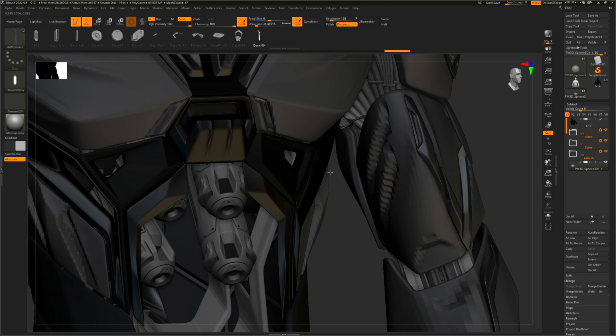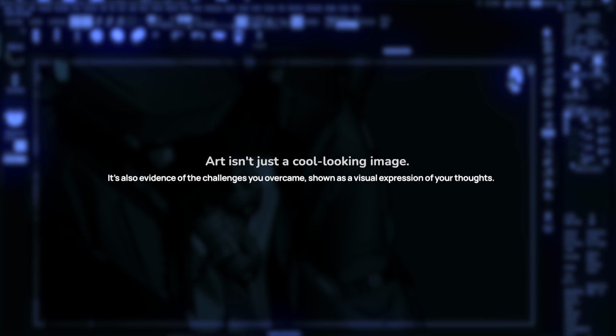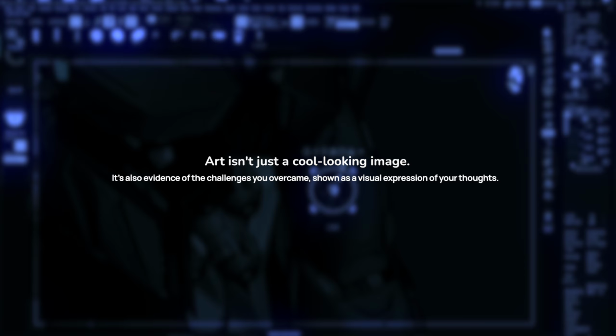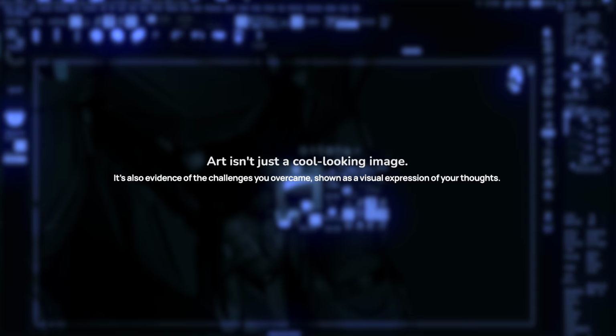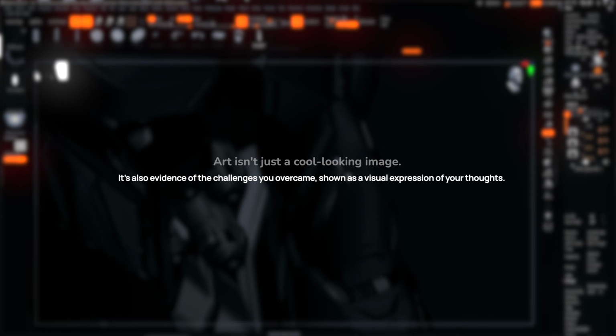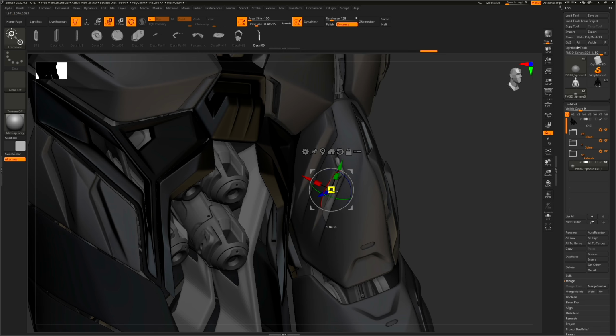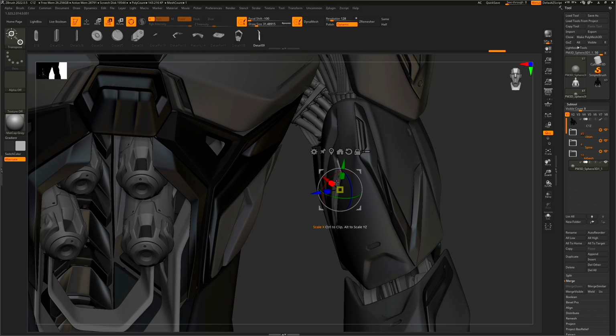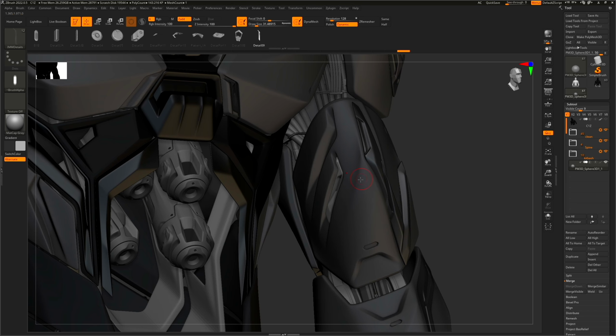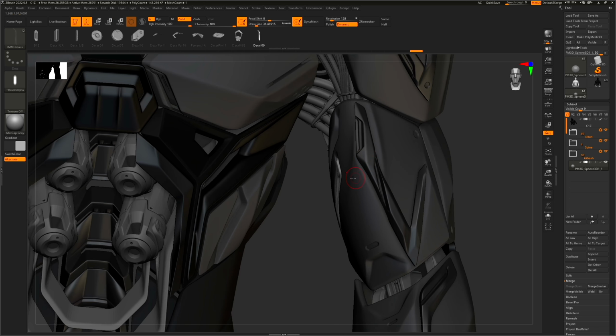And what I'm trying to say here is this: art is not just a cool looking image. It's actually also evidence of the challenges you overcame, shown as a visual expression of your thoughts. And that means that all those topology struggles, all those, let's say, design revisions, and all that uncomfortable middle that maybe looks hard, all that becomes ingrained in the final piece as evidence of your strength as an artist.